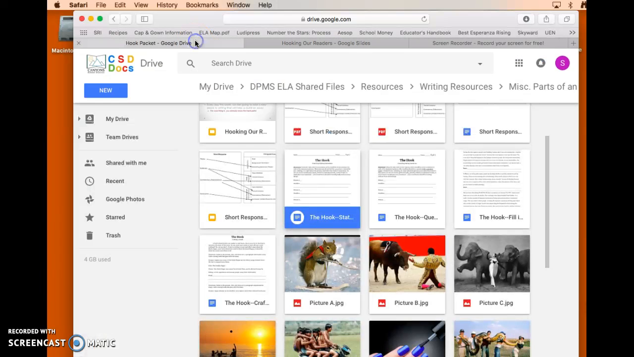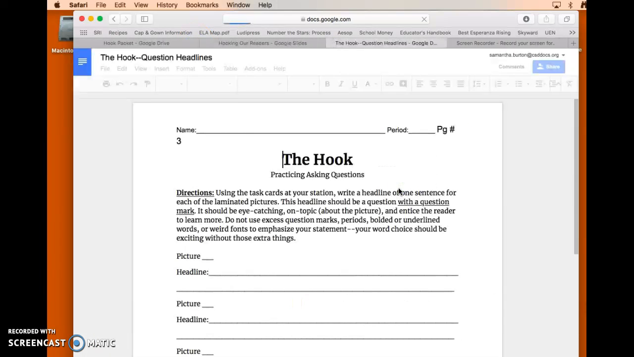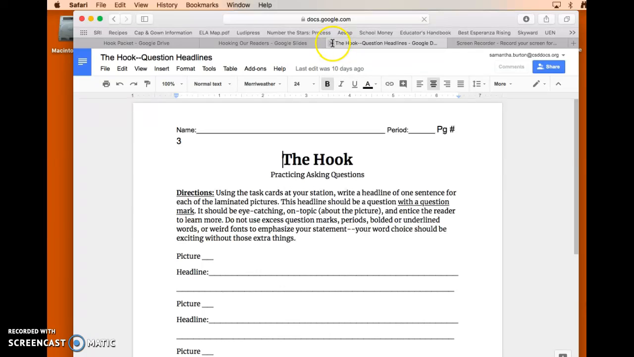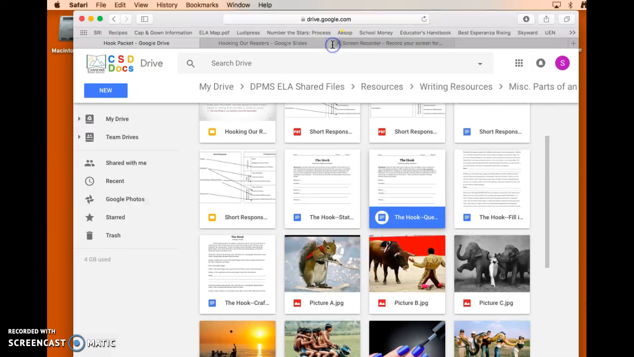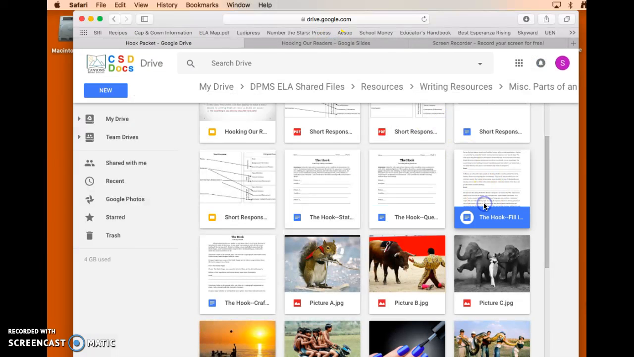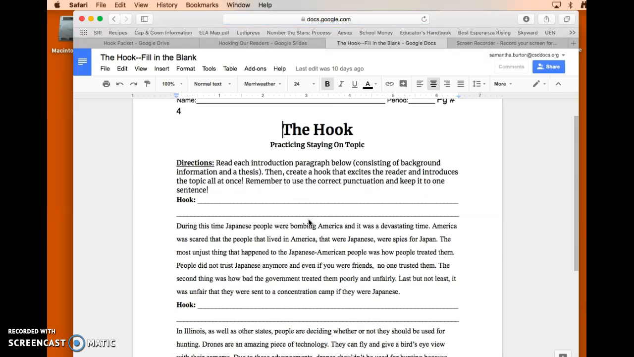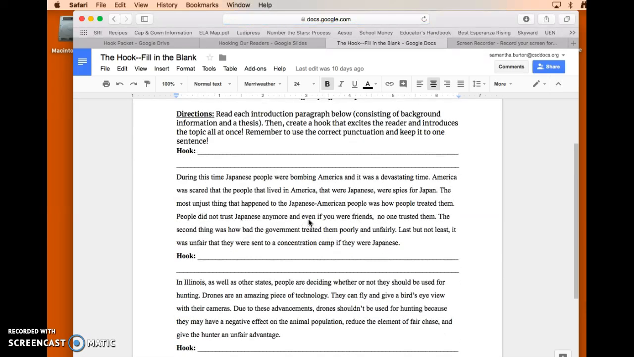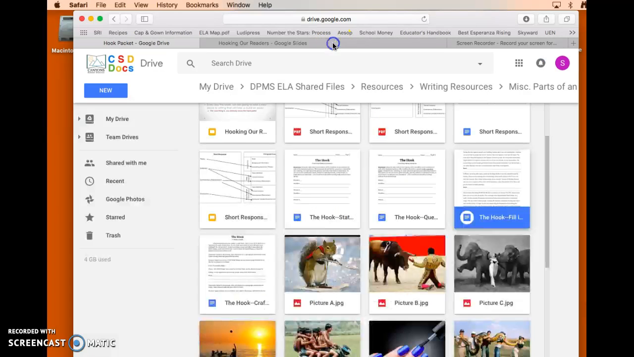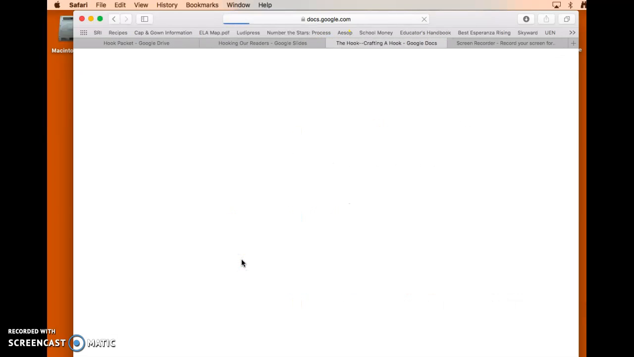Okay, one of the other practices is practicing making questions. So you're going to look at the picture and ask a question about it to get your readers interested. The other page is simply this. I've given you an introductory paragraph. I've given you the background information and the thesis. You're going to write a hook. And then one of the other pages is